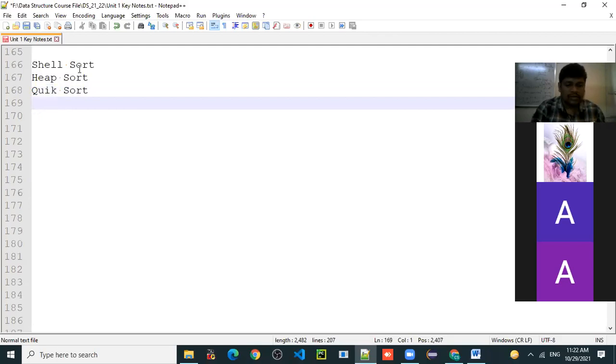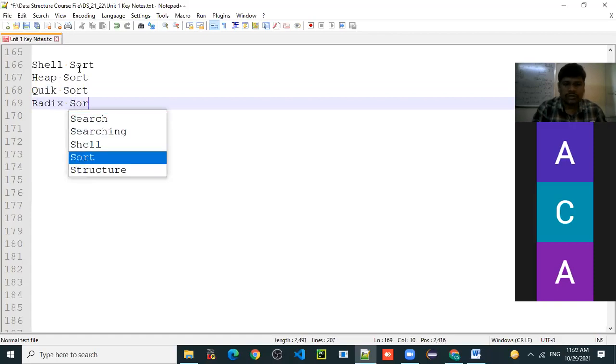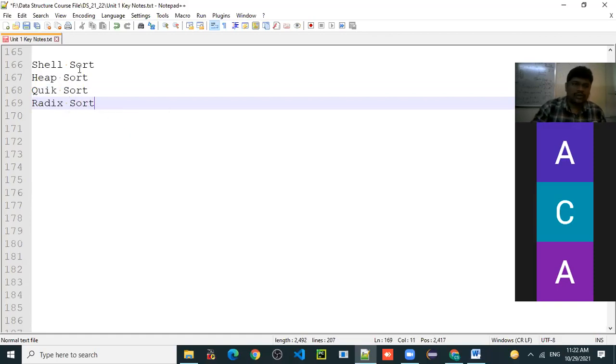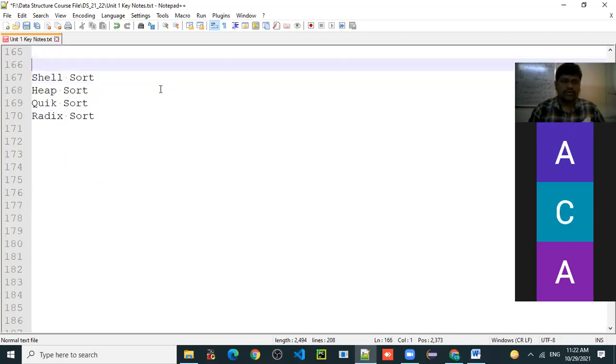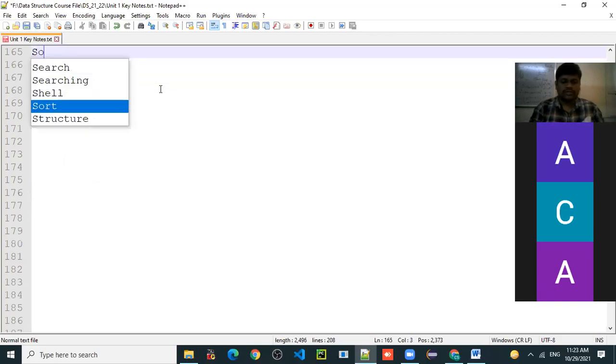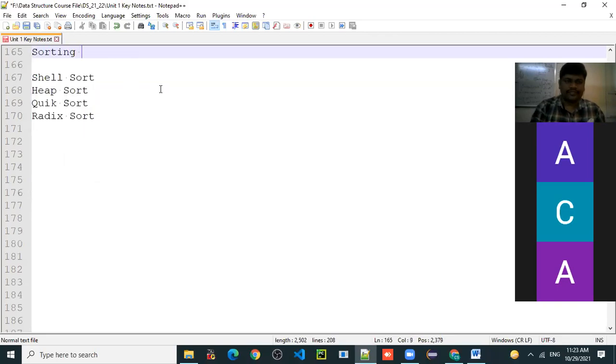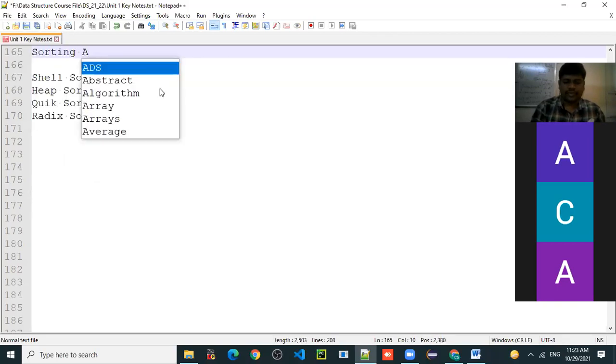Shell sort, heap sort, quick sort, radix sort. Now in sorting algorithms, in total how many sorting algorithms did we discuss? Total 8.